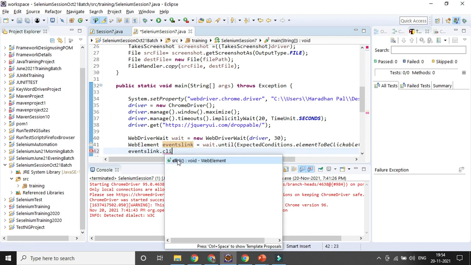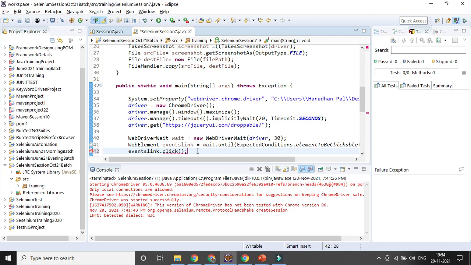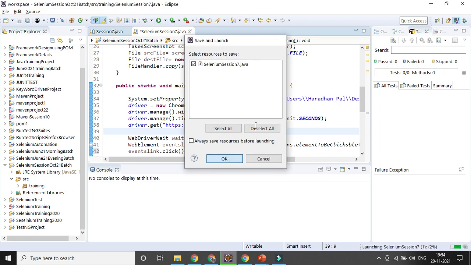So I will only wait for that condition. It will wait a maximum of 30 seconds, but in case that option is visible and enabled within 5 seconds, it will not wait for the remaining 25 seconds. It will immediately click on that option. That's why you can give expected condition, dot the condition name and the reference of the element.